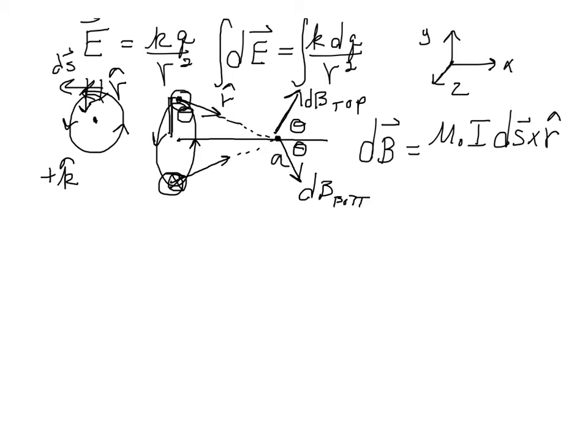Each one is going to give me a dB, and if I looked at all of those dBs, they would sweep out a cone of angle theta around the x-axis. And so to calculate the total field B due to this ring at point A, we need to integrate all